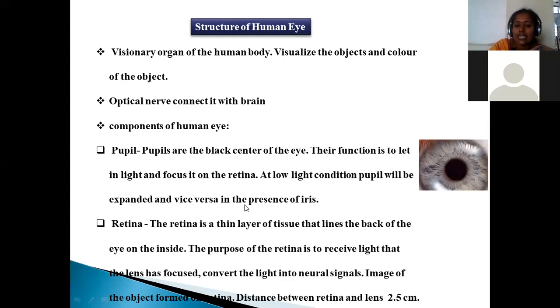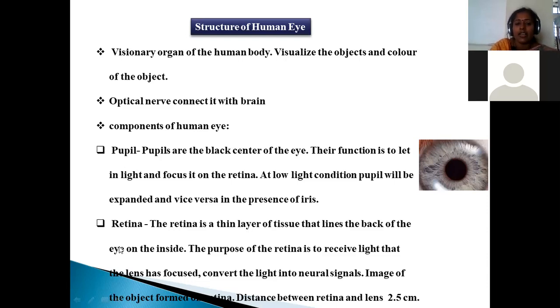For example, our vision is very easy under bright conditions. Whenever light is there, we can clearly see the objects. When we enter into the dark, at first it is not possible to see any kind of object. After some time, some objects become visible, because the pupil expands under dark conditions, and contraction happens under light conditions. That kind of adjustment makes our vision perfect under different conditions also.